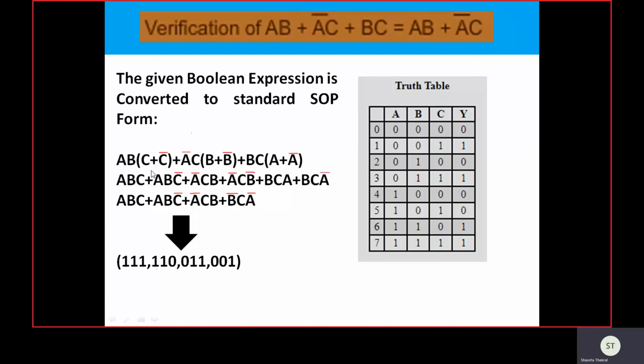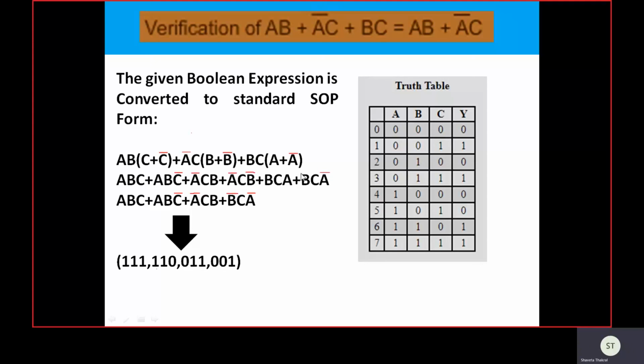In binary logic, C plus C complement is 1, and anything multiplied with 1 remains the same. So we multiply AB with C plus C complement, which equals AB only. In the second product term we can introduce the B variable by multiplying with B plus B complement, and here we can introduce the A variable by multiplying with A plus A complement.